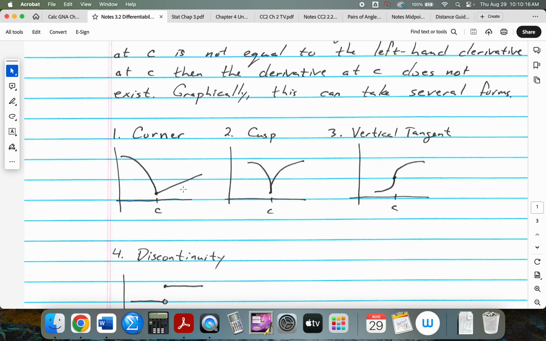That's kind of what was happening on the one we just looked at. You had this corner where the left-hand derivative and the right-hand derivative aren't the same at x equals c. Okay? Some people call this a sharp point, which always struck me as, I understand what you're saying, but